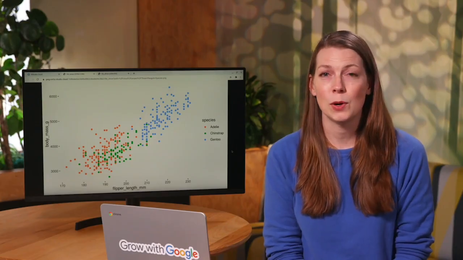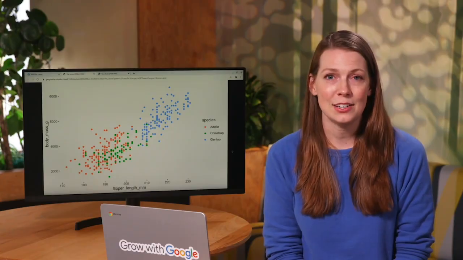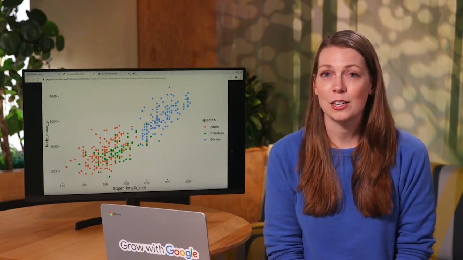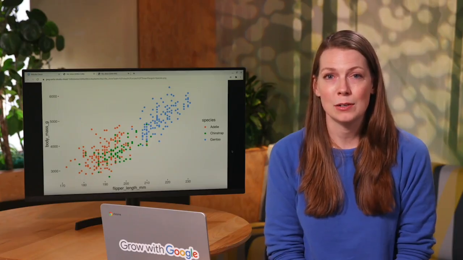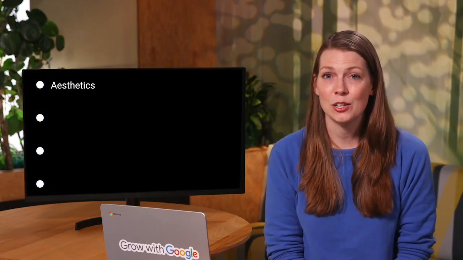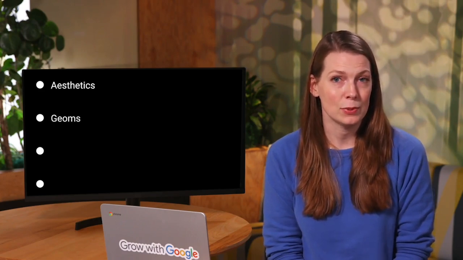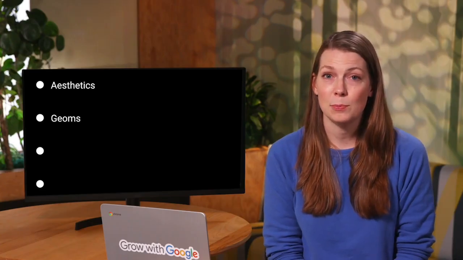And that's the end of our work on data visualization. You're off to a great start visualizing data with ggplot2. Plus, the concepts we've covered are a great base for learning even more about data viz in R as you move forward. We started off by learning the basic steps for creating plots in ggplot2. From there, we learned how aesthetics can change the look of our plots and highlight important parts of our data. We use different geoms to create different types of plots, like scatter plots and bar charts,